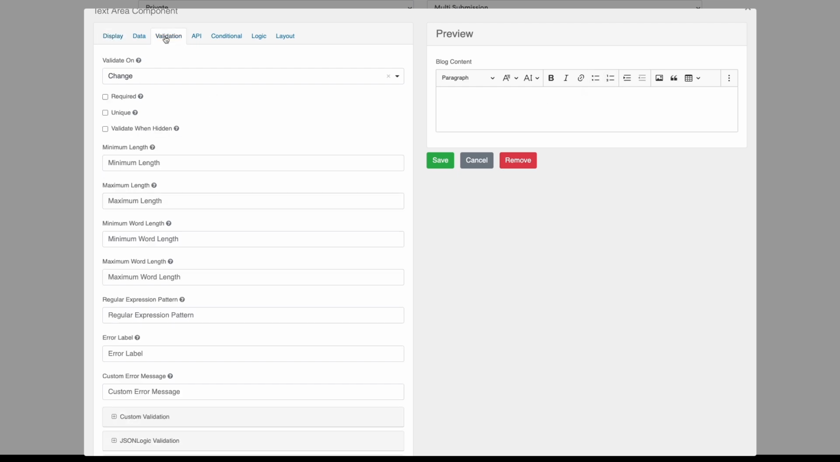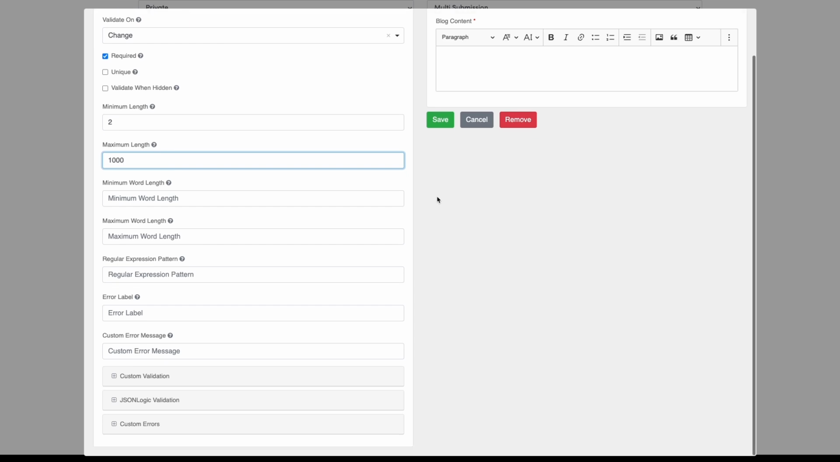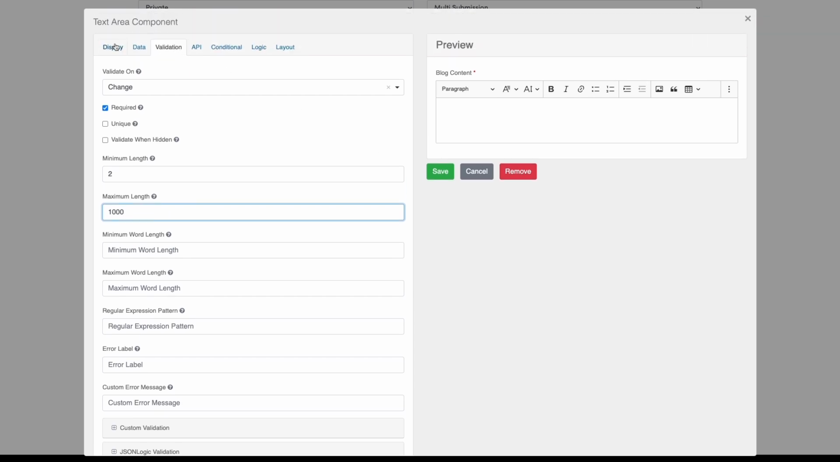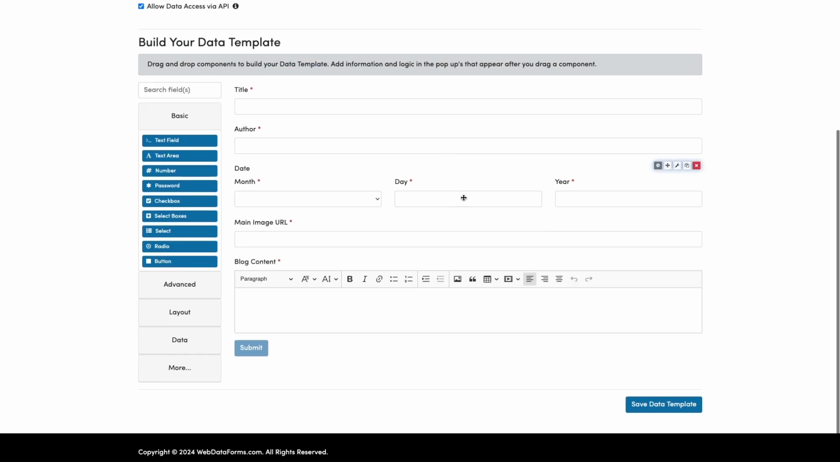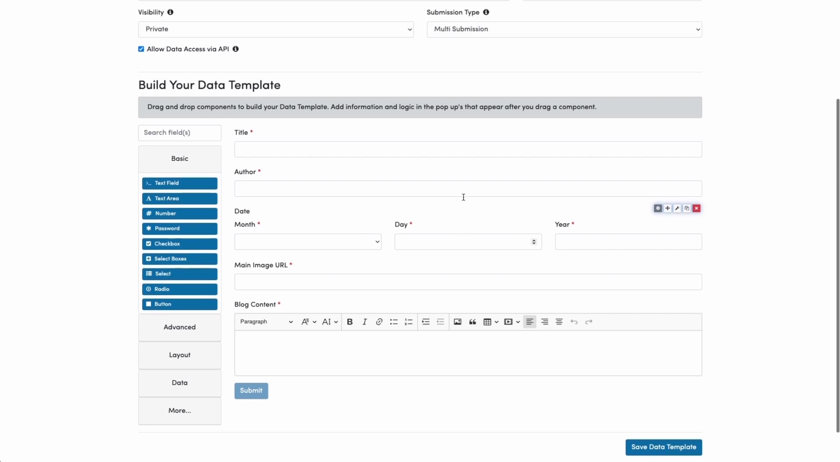And in validation, I'm going to set it to required, and then I'm going to keep the minimum length as 2, and the maximum length could be, let's say, 1000. And then I'm going to, you see anything else we need to change here? No, I don't think so. I'm going to save that, and that's basically